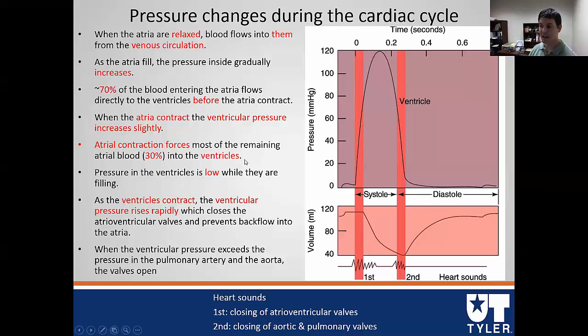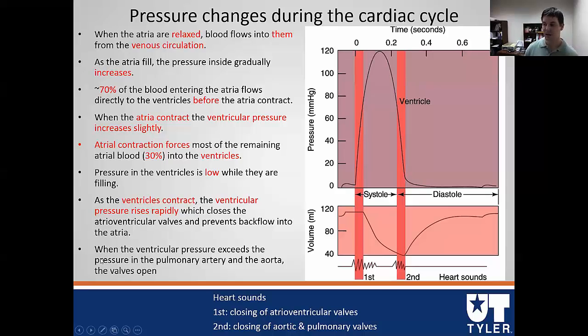So at the end of the atrial contraction, the atria has zero blood in it, pumps it all out. Pressure in the ventricles is low while it is filling. Again, it's coming from the circulation. As the atria contract, then of course the ventricular pressure is going to go up. It's going to be more full with blood. And so when the ventricle contracts, the ventricular pressure is going to rise very, very rapidly. It's going to generate a lot of muscle force and a very rapid motion, which closes the AV valve. That force again closes it so we don't get any backflow into the atria,